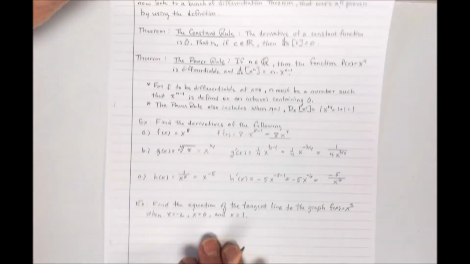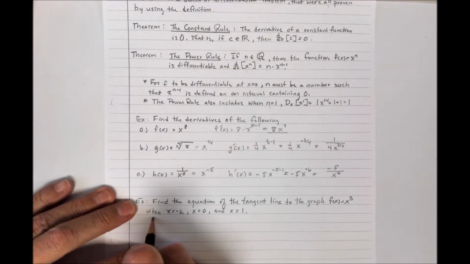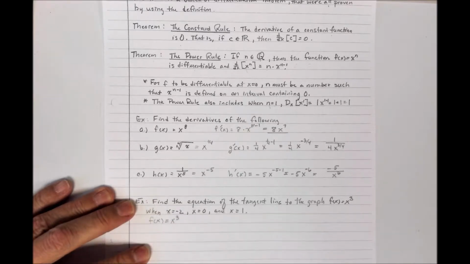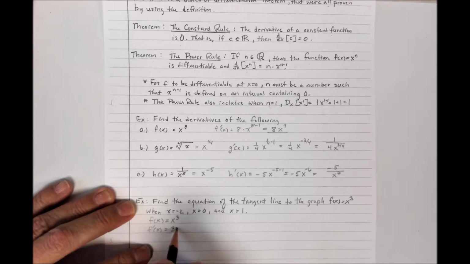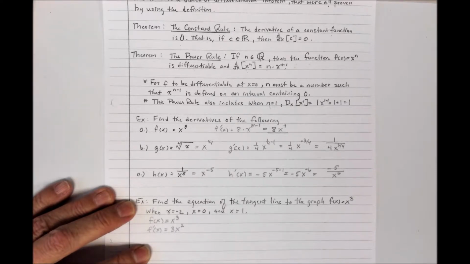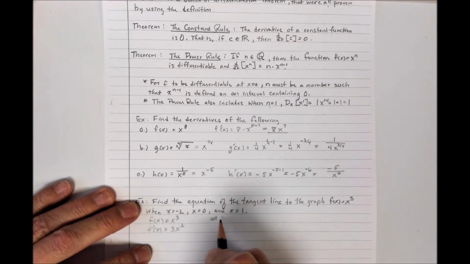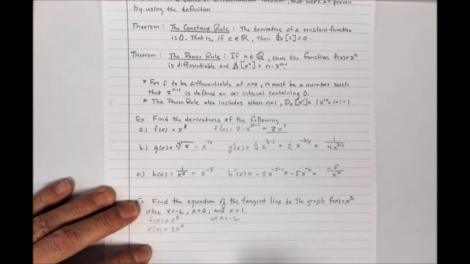So first things first, I'm going to take f of x, which is x to the 3rd power. I'm going to find the derivative because I know I can find the slope of the tangent line using the derivative. So this is going to be f prime of x, which would be 3x to the 3 minus 1, or 2nd power. All right. Now, at x equal -2,